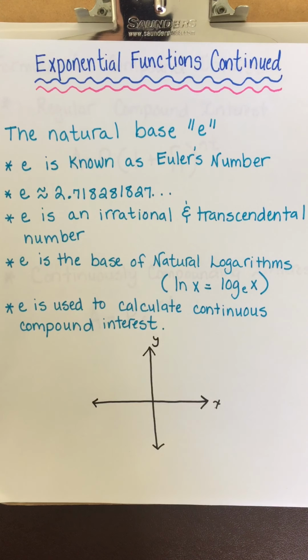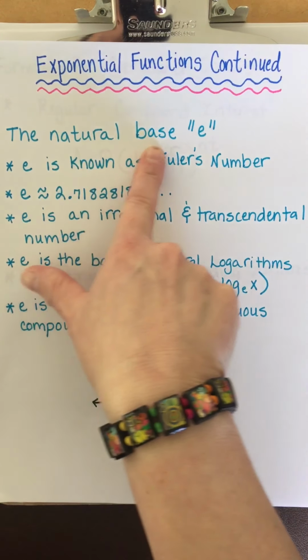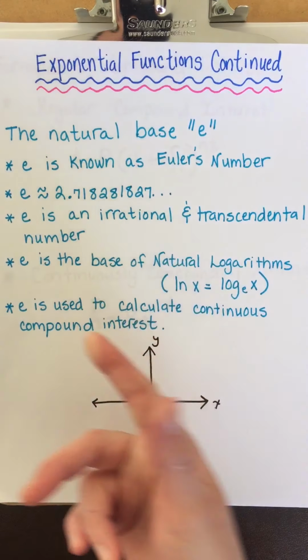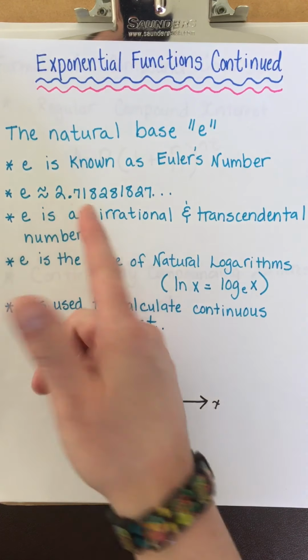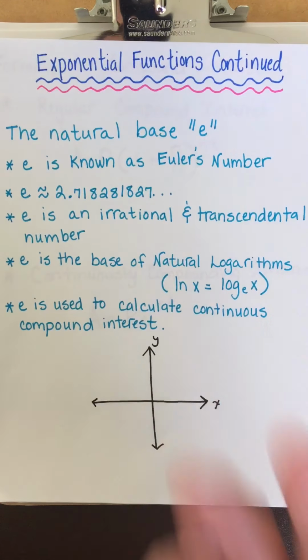What's up, people? Today we're going to continue our talk on exponential functions. We're going to start by talking about the natural base e. E is known as Euler's number. Some people say Euler's, but it's Euler's. E is approximately this great big number here,